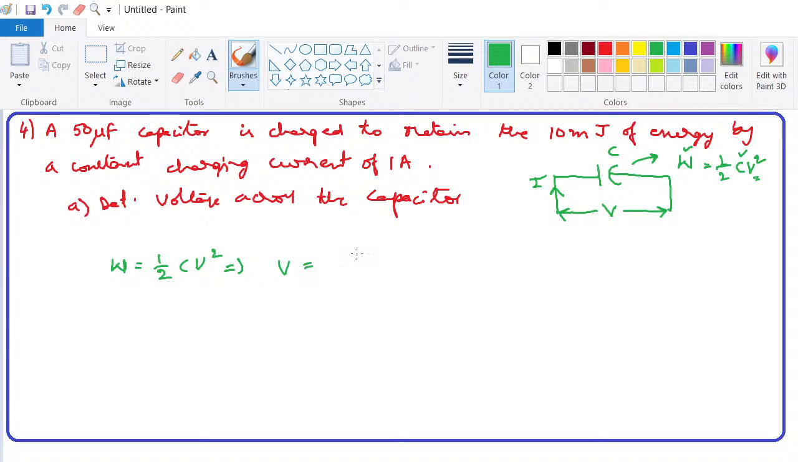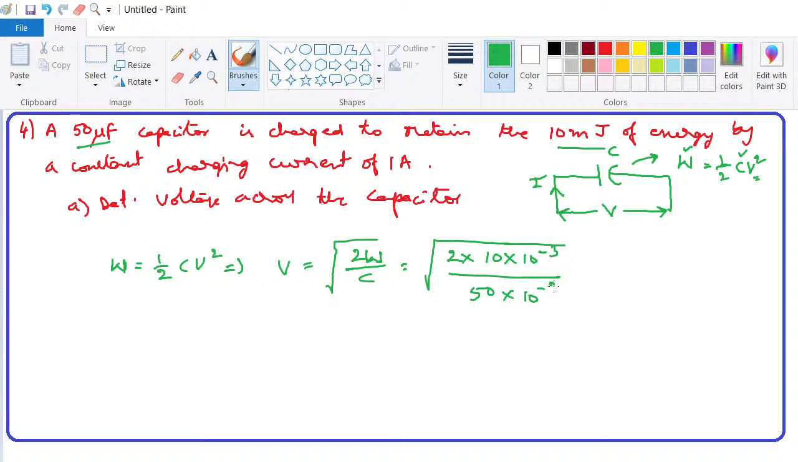V is equal to the square root of 2W by C, which is the square root of 2 times W. W is 10 millijoule, so 10 into 10 to the power of minus 3, and capacitance is 50 microfarad, so 50 into 10 to the power of minus 6. So this is minus 3, this is minus 6, so minus 3 will remain here. Of course 0 and 0 will get cancelled here,